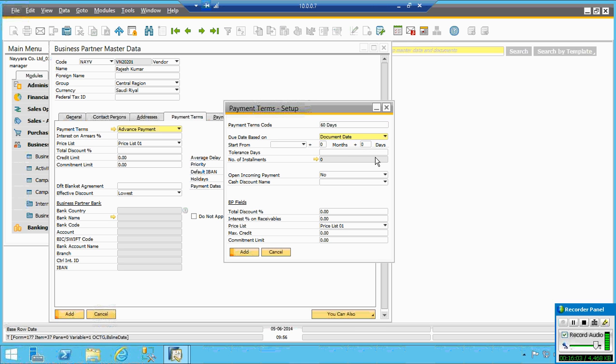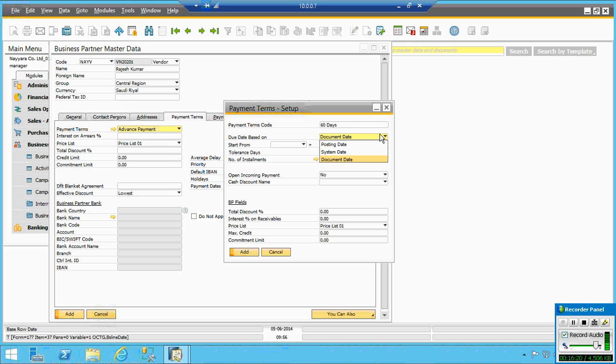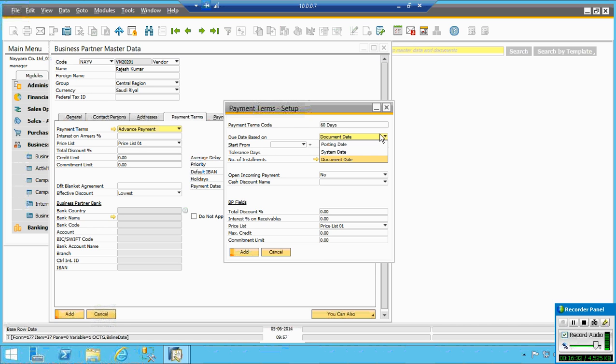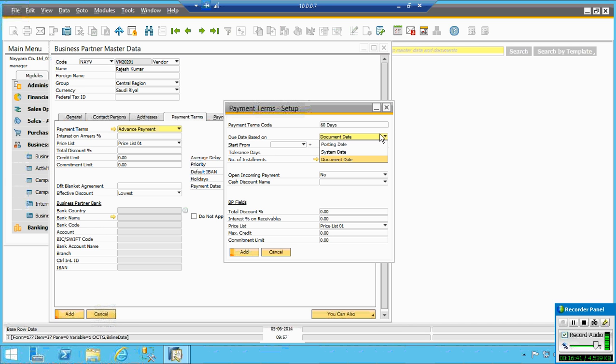50 days. Then I say this should be based on one of three dates we have here: posting date, document date, and system date. Usually the posting date and the document date will be the same. System date is nothing but the date of the particular system you are working on. So usually, based on the requirement, you mention it. So I say posting date. Whenever I post the document, I calculate this as the first date and then start counting. Or the option is that if I take the system date, I can give a different posting date. So I am saying here, posting date.